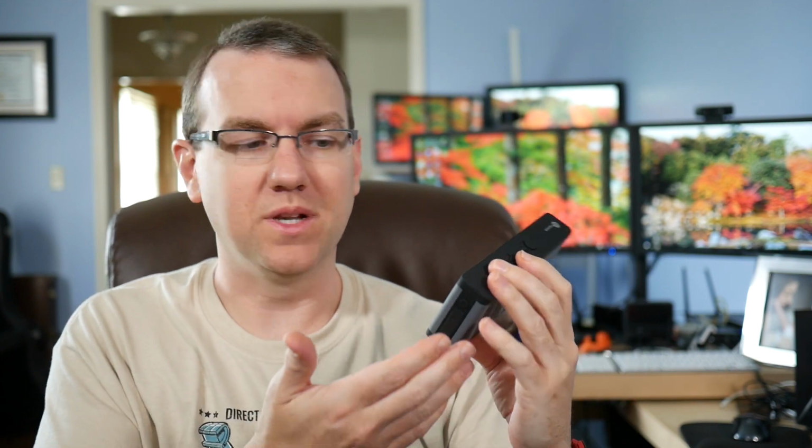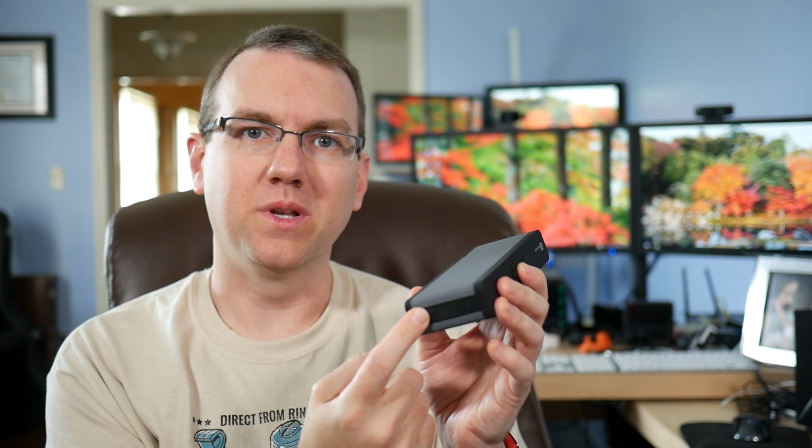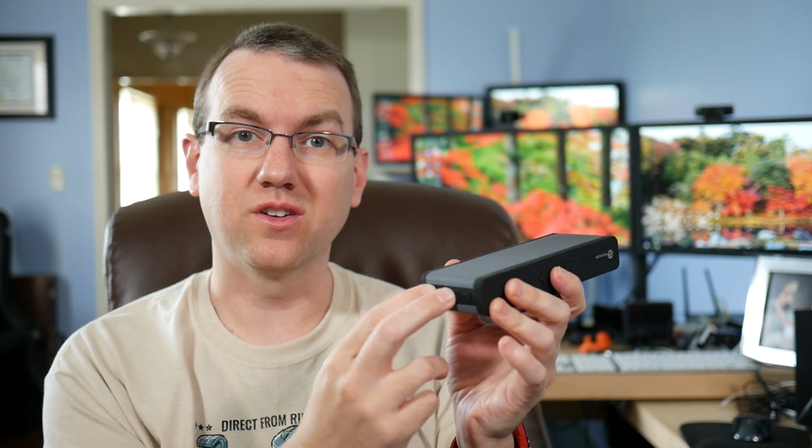Okay, I've spent a little bit more time with it, hooked it up to my desktop, so I'm using 3.5mm as well as USB. As I kind of feared, there was a little bit of a bleed through. I've noticed with several of my speakers they do this. When you've got USB and 3.5mm plugged in, because they are so close to each other, there's a little bit of interference between the USB and the 3.5mm, so you get a little bit of a background hiss to it. Completely goes away whenever you unplug the USB or if you unplug the 3.5mm, so you basically do with one or the other. But if you're planning to use this primarily as a Bluetooth speaker, it seems like a pretty good